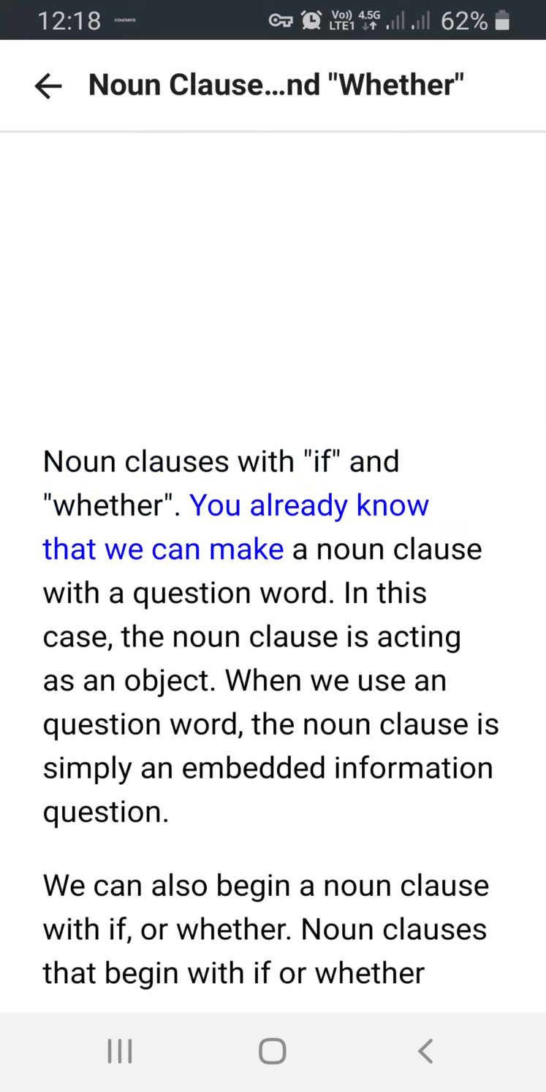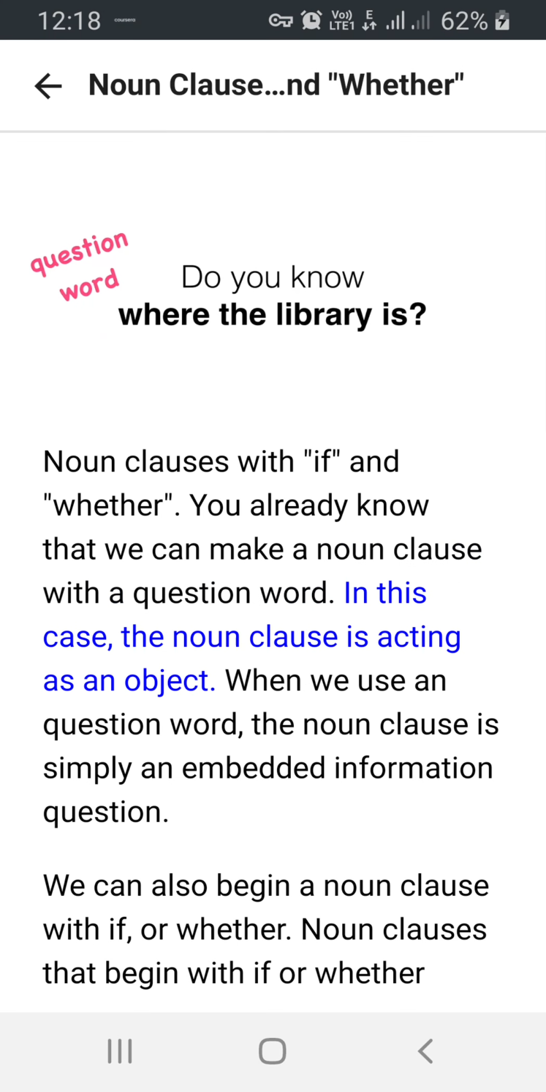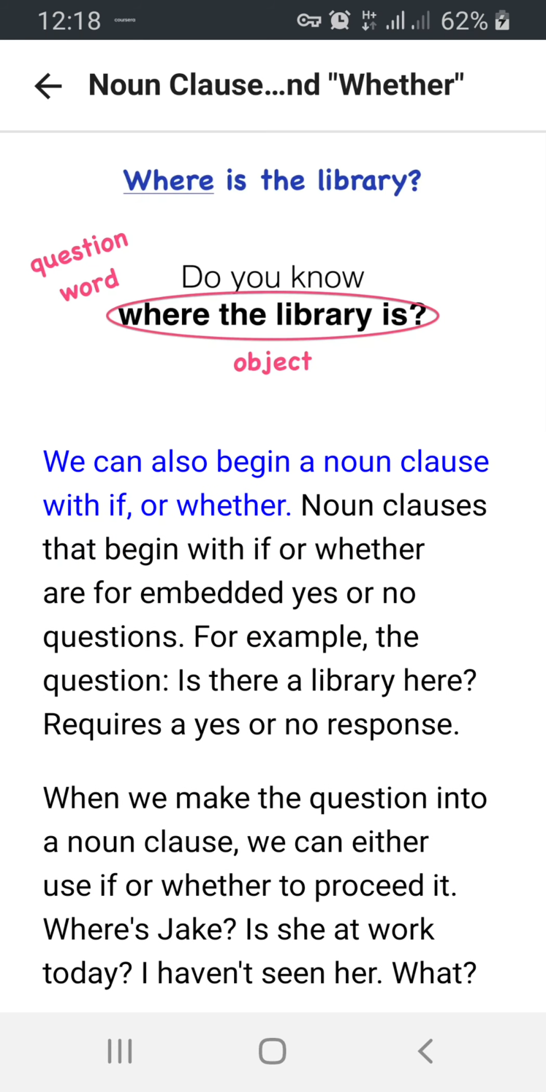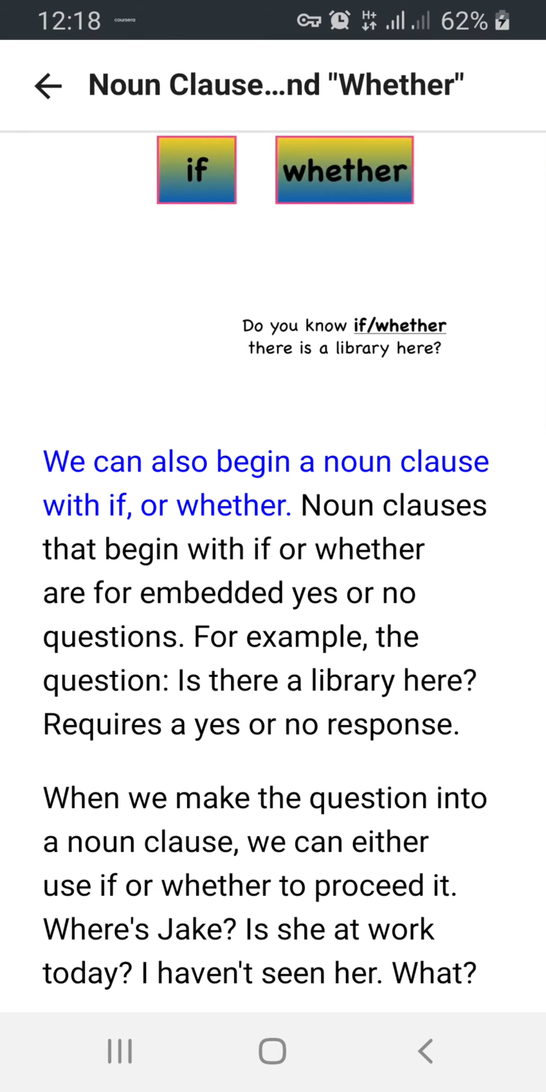You already know that we can make a noun clause with a question word. In this case, the noun clause is acting as an object. When we use a question word, the noun clause is simply an embedded information question. We can also begin a noun clause with if or whether. Noun clauses that begin with if or whether are for embedded